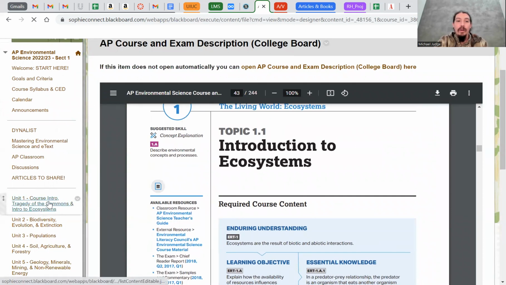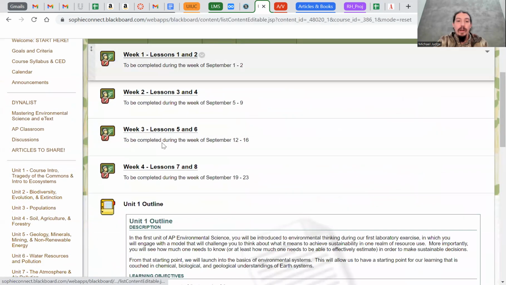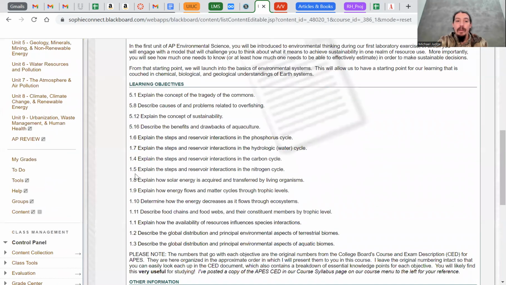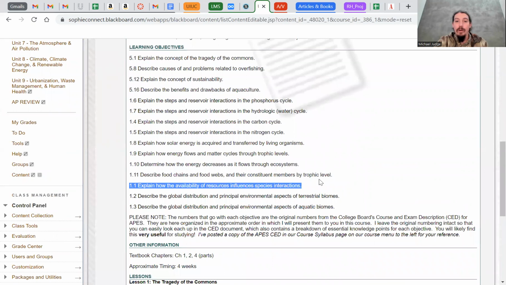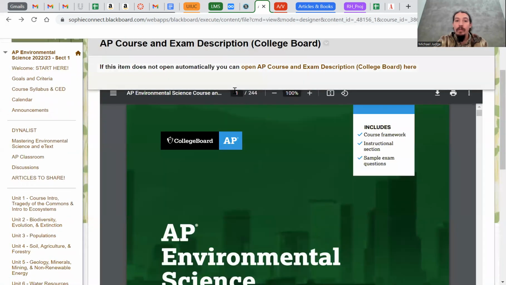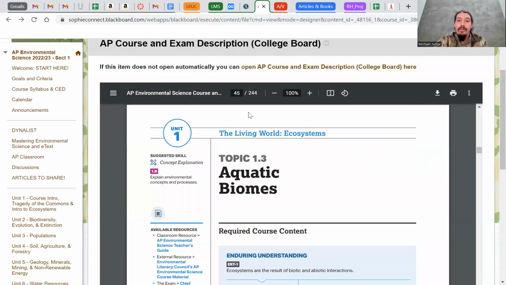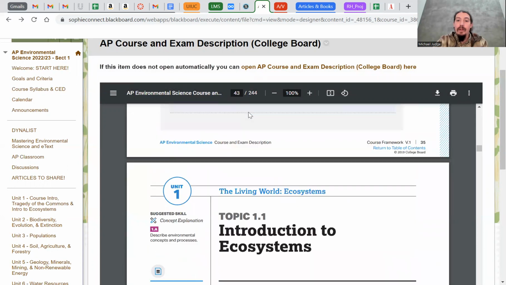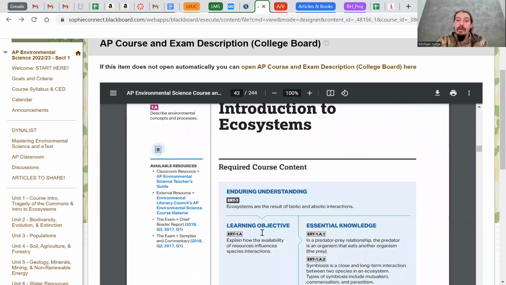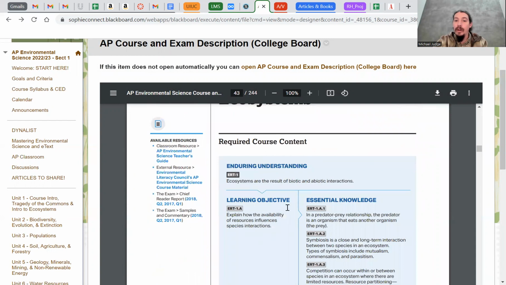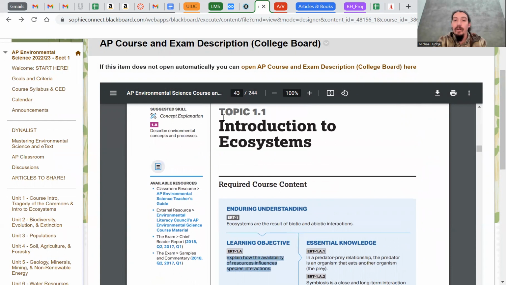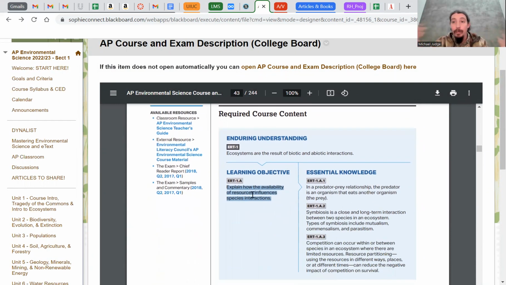Now also, if I go to Unit 1 here, I can scroll down to the outline and see that, yeah, here's topic 1.1. And this prompt here corresponds to, if I scroll back here, the learning objective that is listed underneath this particular topic. This is the thing you're supposed to be able to do for topic 1.1